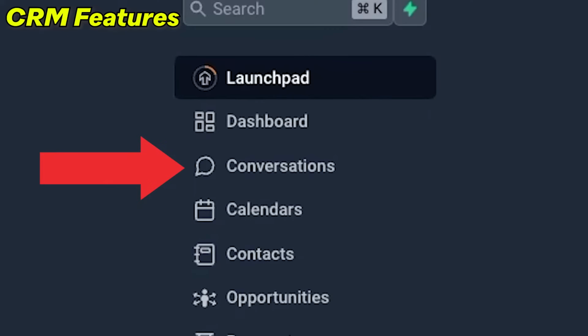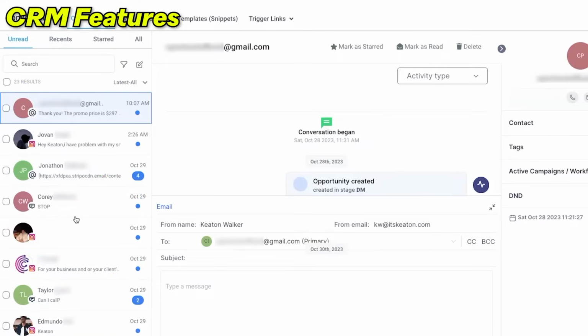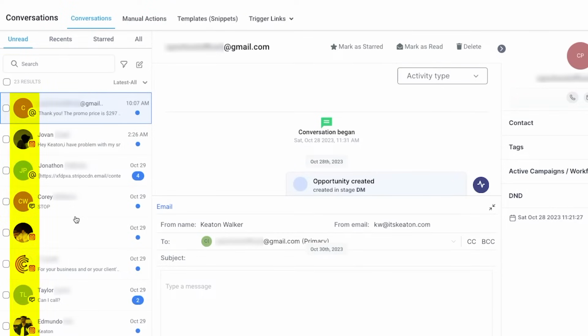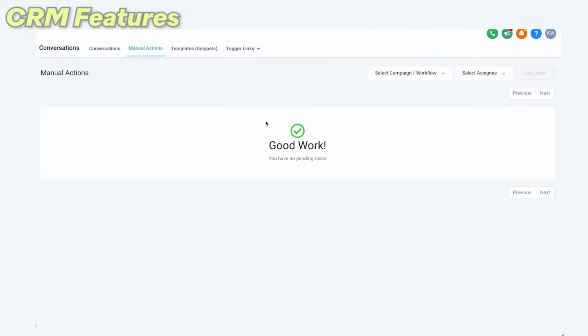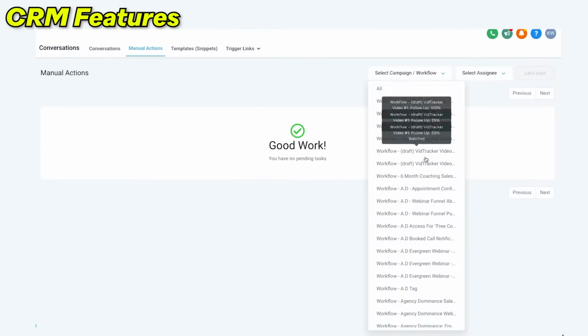Next up, we have the conversations dashboard, probably hands down my favorite part of HighLevel. Now the structure here is that you're going to be able to toggle between unread, recent, starred, and all messages. And those messages can be Facebook messages, Instagram messages, emails, two-way SMS, and WhatsApp coming soon. Additionally, there's a toggle here to look at a manual actions list. It's basically like a checklist for somebody who's manning the chat